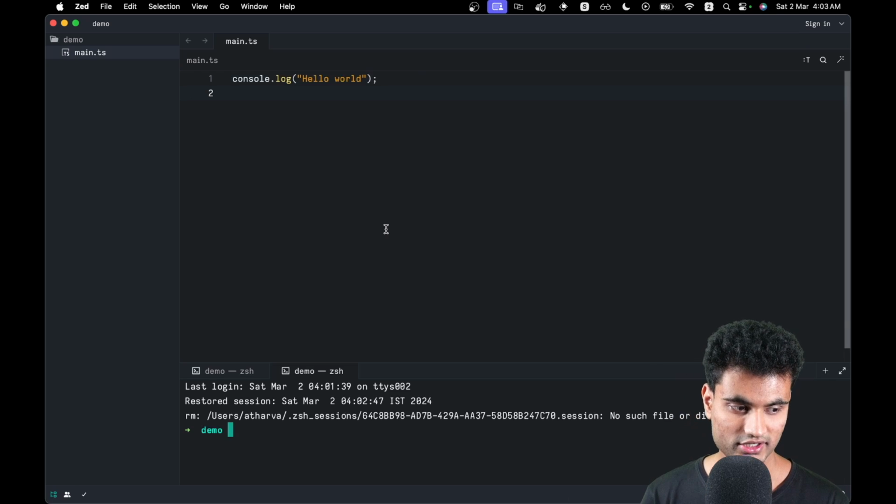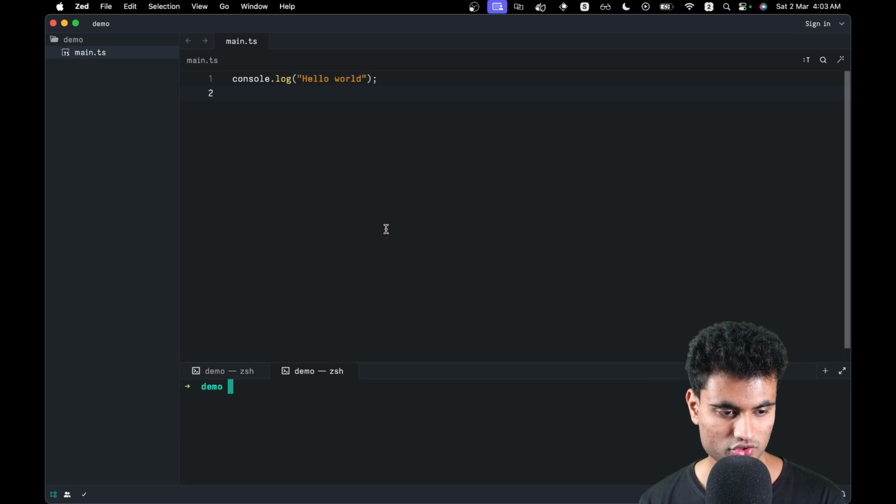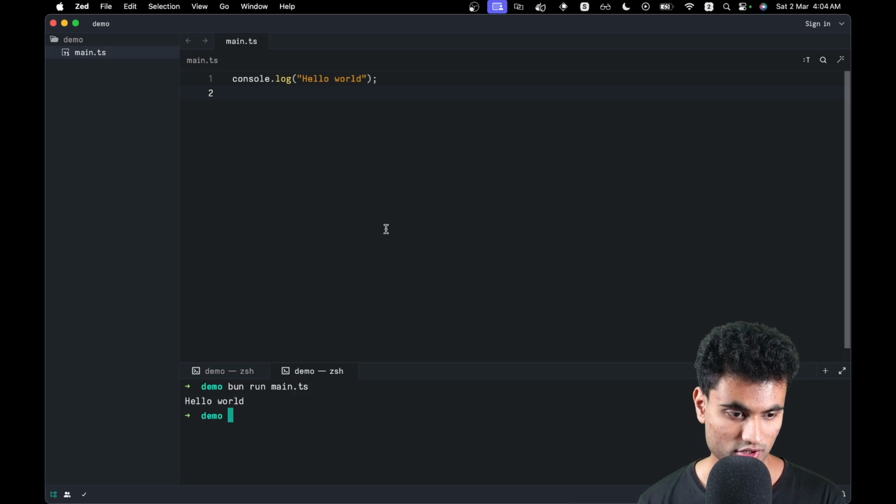One good thing is it has VS Code bindings, so most of your VS Code shortcuts will work. So I'm just going to do bun run main.ts. Let's see what happens. It says hello world. Now what I can do here is bun run, let me clear,